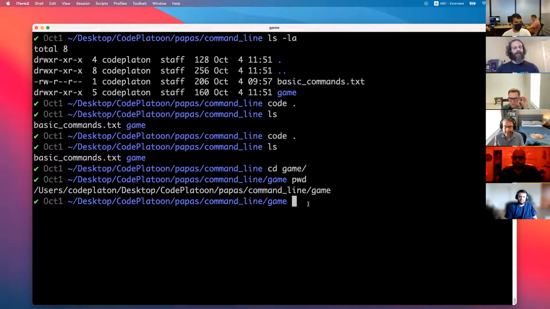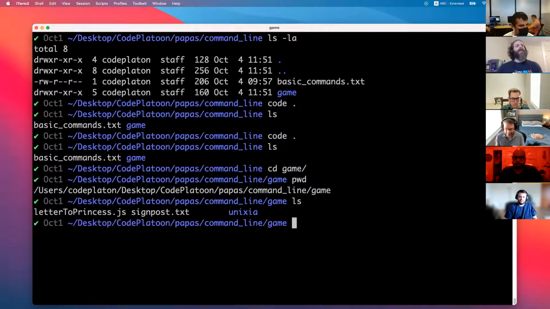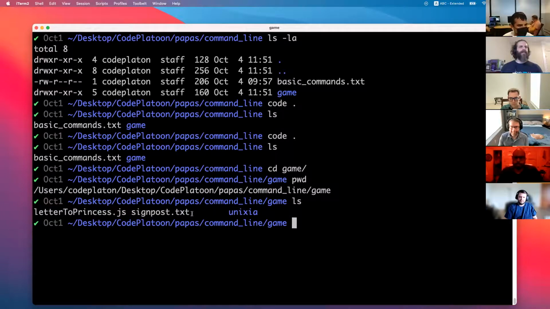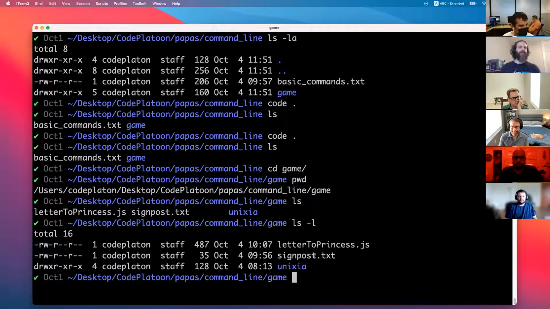And if I want to see the contents of this folder, ls? Yes, so ls. Okay, so I see that there are three things here. That's a little hard to see with the formatting, which is one reason you might want to do -l, for example.